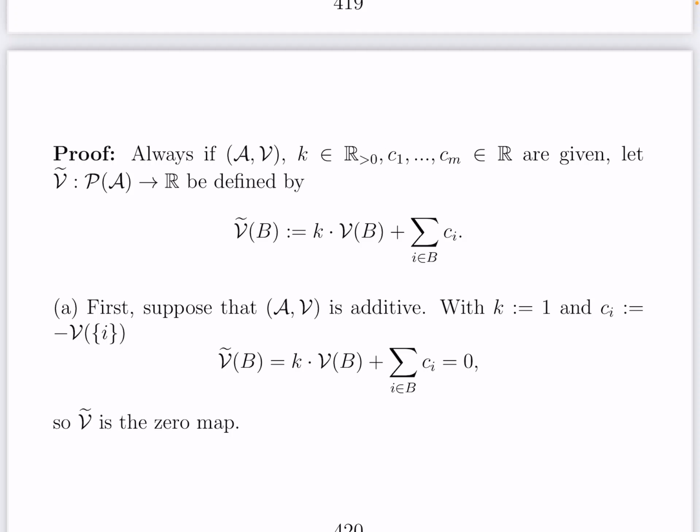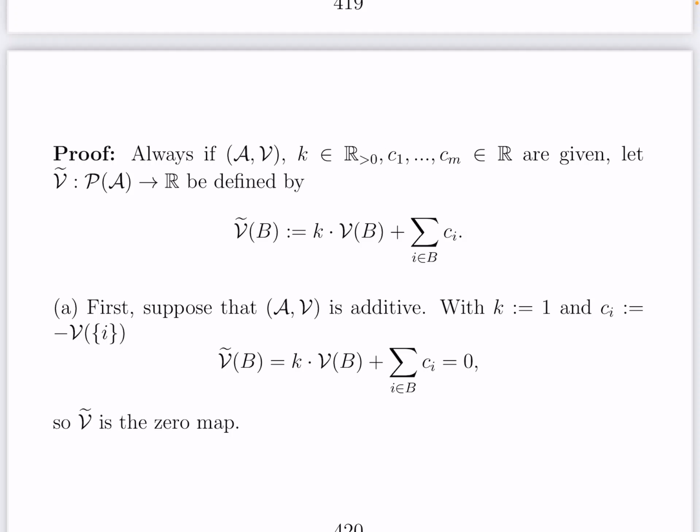Now suppose in part A that (A, V) is additive. Then I can choose k equal to 1, and I can choose the constant ci equal to minus the coalition value of the one-player coalition {i}. Then it turns out that Ṽ is the zero function, so that's the zero map. Namely, Ṽ(B) is then k times V(B)